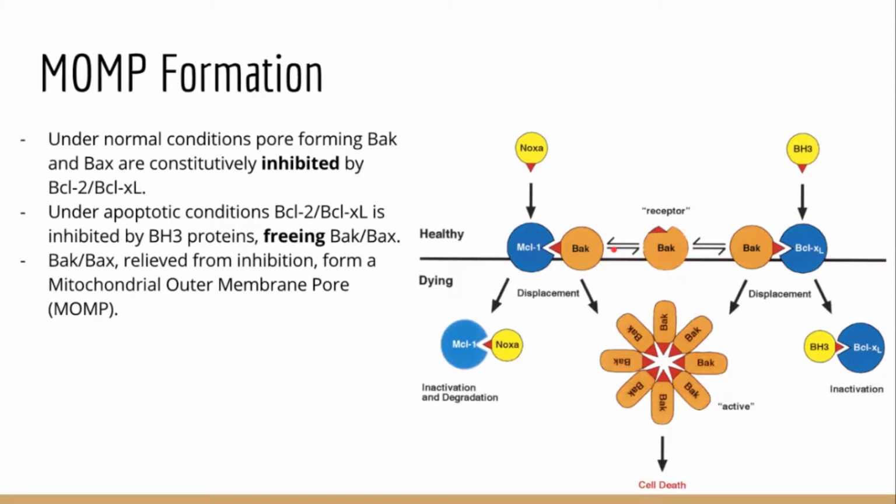So under normal, healthy conditions, the pro-apoptotic BAC or BACs proteins are constitutively inhibited by the BCL2 class of proteins, indicated by the blue ones. So this interaction is disrupted by these BH3 proteins that are activated by pro-apoptotic signaling, and this is seen up here. So the BH3 domain of these proteins simply binds to a hydrophobic motif formed by the BH1 through 3